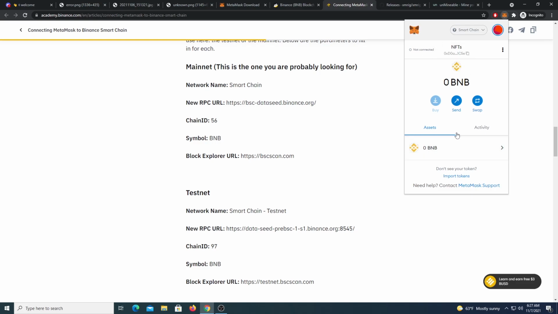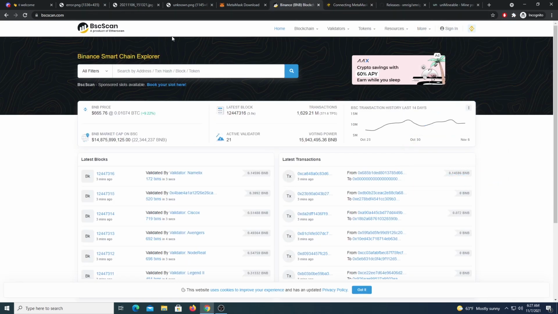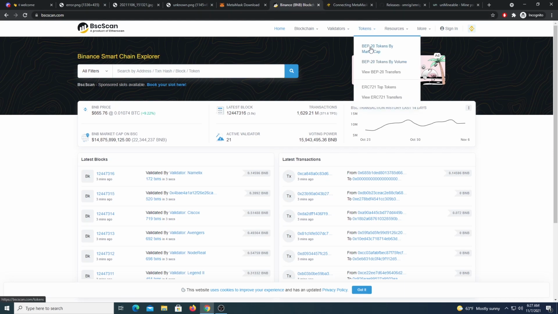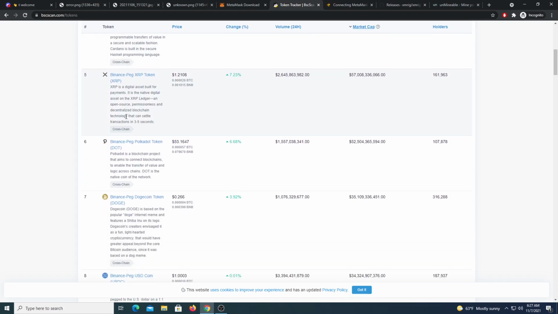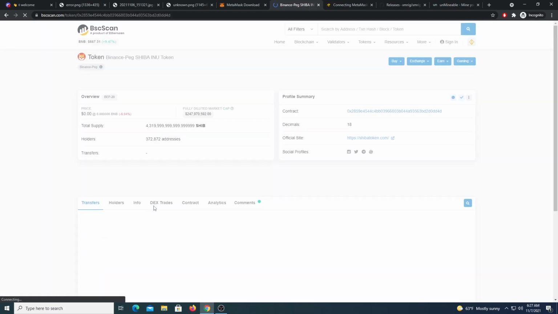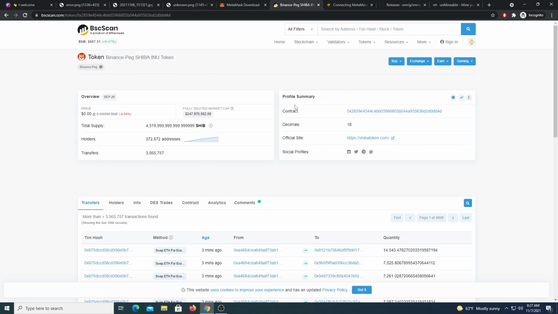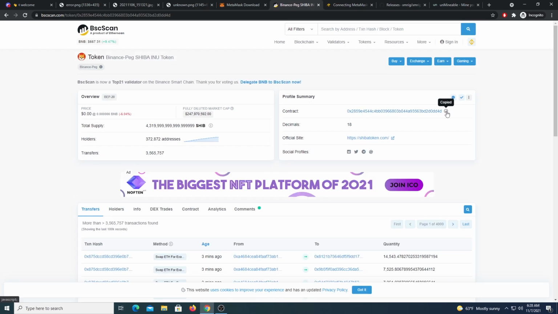Now the next thing is we're gonna be mining Shiba Inu in this example. So in order to mine Shiba Inu and to be able to see it here in MetaMask, you need to import the token. So you need to go to bscscan.com under tokens, tokens by market cap, and then you find on the list Shiba Inu, this one here, and from here you have the contract. You just copy the address of the contract,